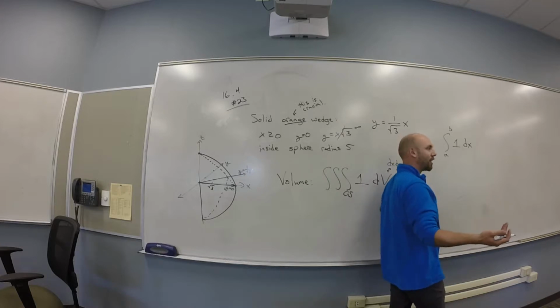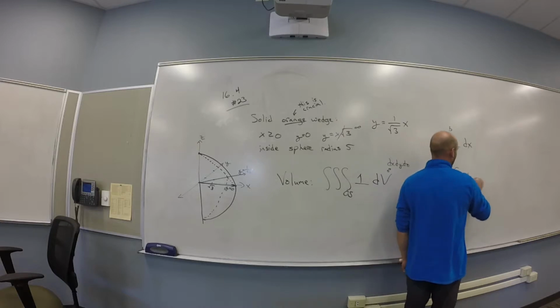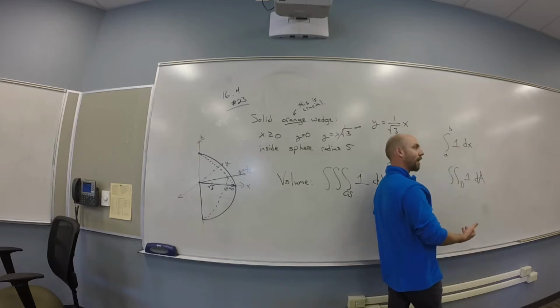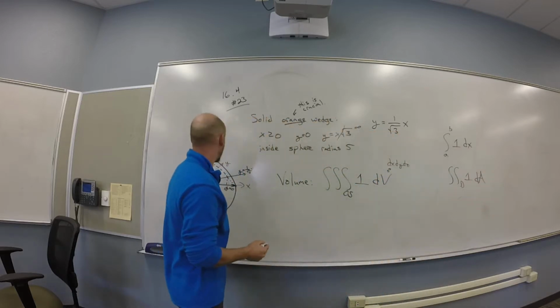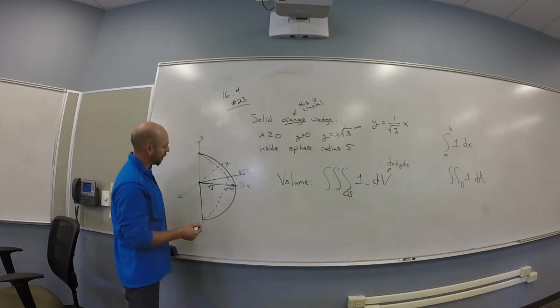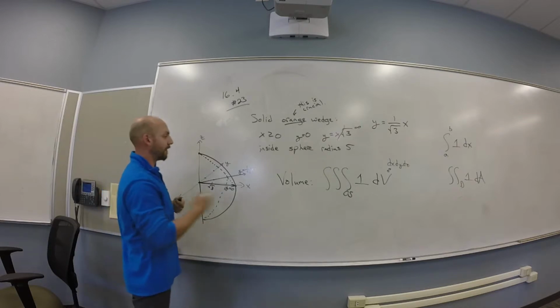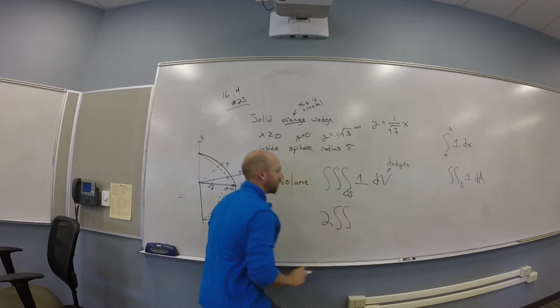If you want to find the area of a region, you could do the double integral of 1 over the area. And then the first thing you're going to do is make some bounds, integrate, and get an area under a curve. We could do that same thing here by saying, okay, I'm going to exploit symmetry a little bit. And I'm going to say that this is twice the double integral